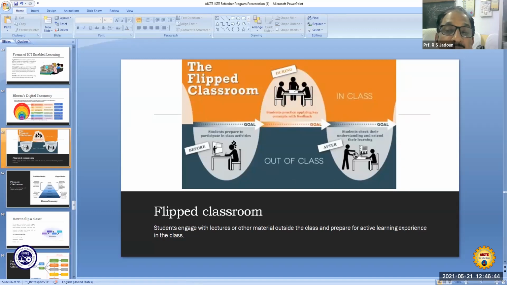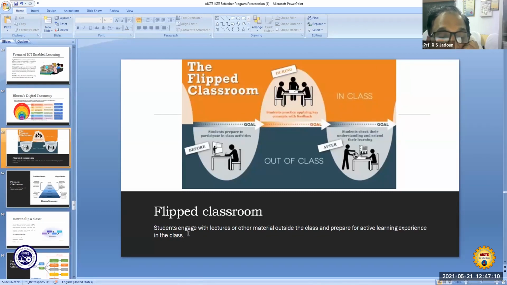Before the classroom, the goal is that students are prepared to participate in the class activities. Then students practice applying key concepts with feedback, that is part of the in class. And finally, after the class, students check their understanding and extend their learning. So before the class, in class and out of class.